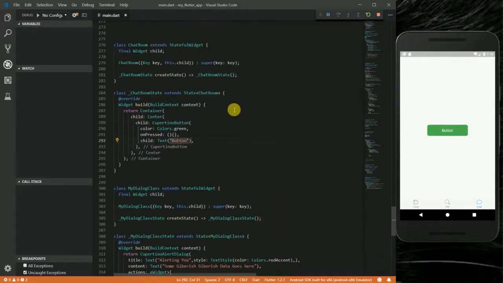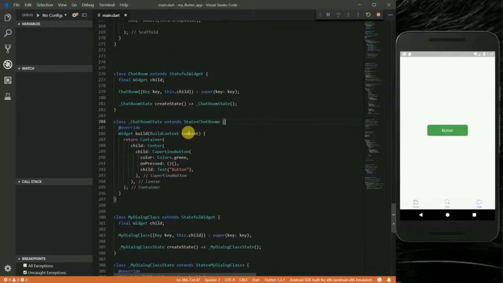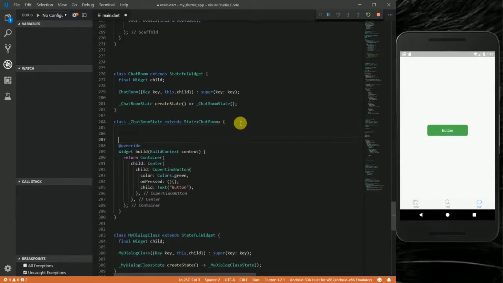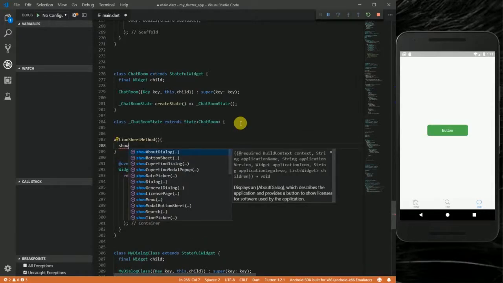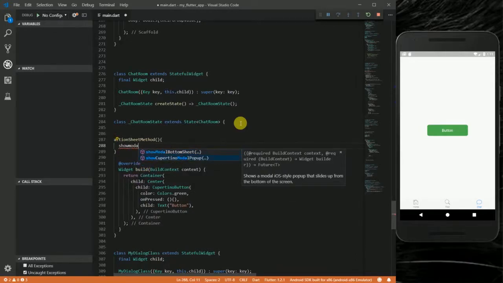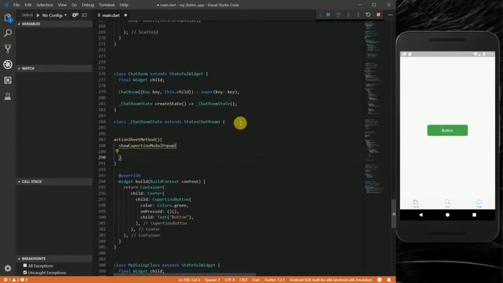Now the next thing I want to do is create a method that will help me display the action sheet. So I'm going to go here and say action sheet method. In this method, I'm going to say show Cupertino modal pop-up. Okay, so this Cupertino modal pop-up basically takes two properties: